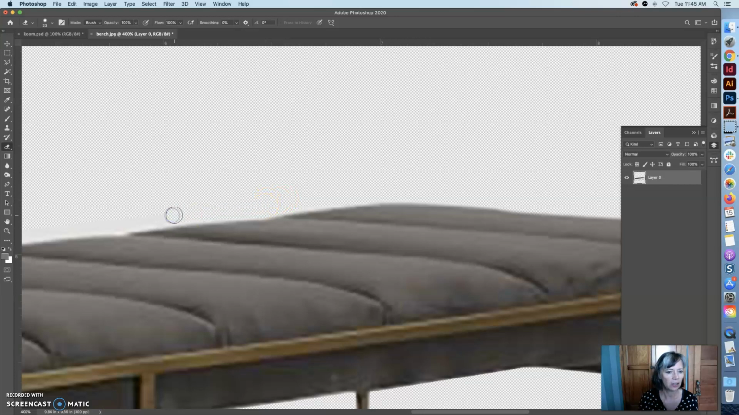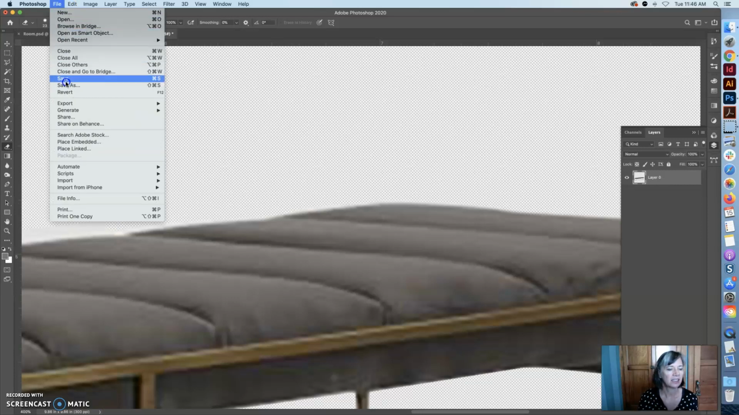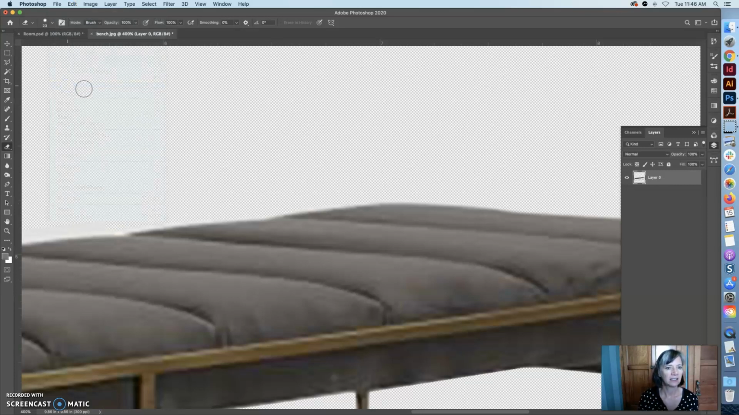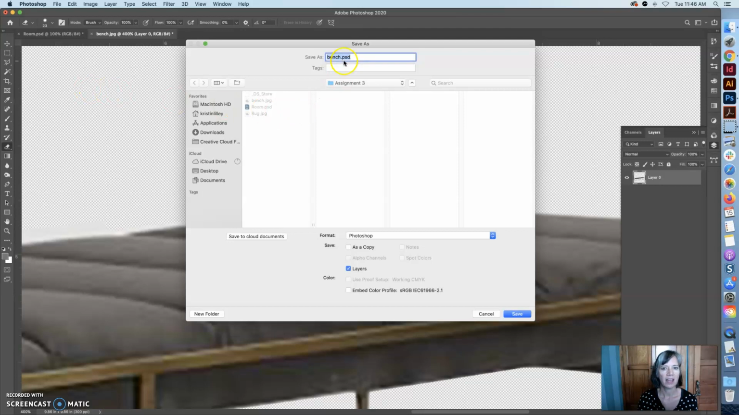okay? So you're going to finish this up, and then you will say save as, and you can just say bench retouch, just so you have a new file and you still have your original file. And now it's saving it as a PSD file in Photoshop is the default. And then you'll